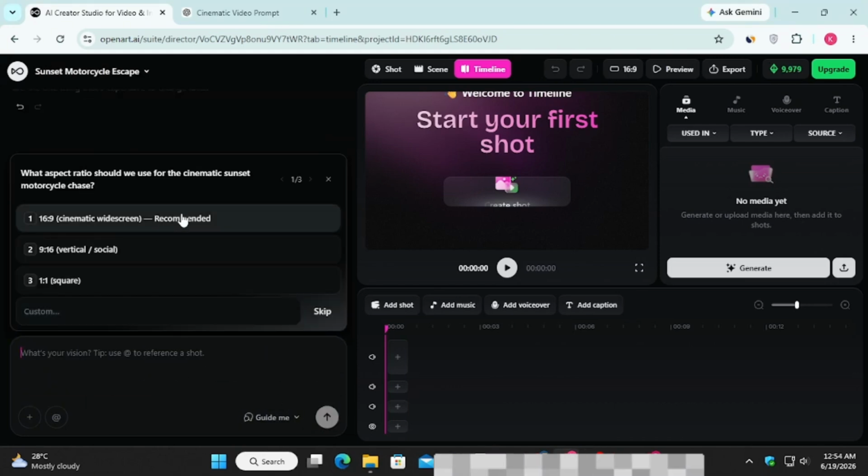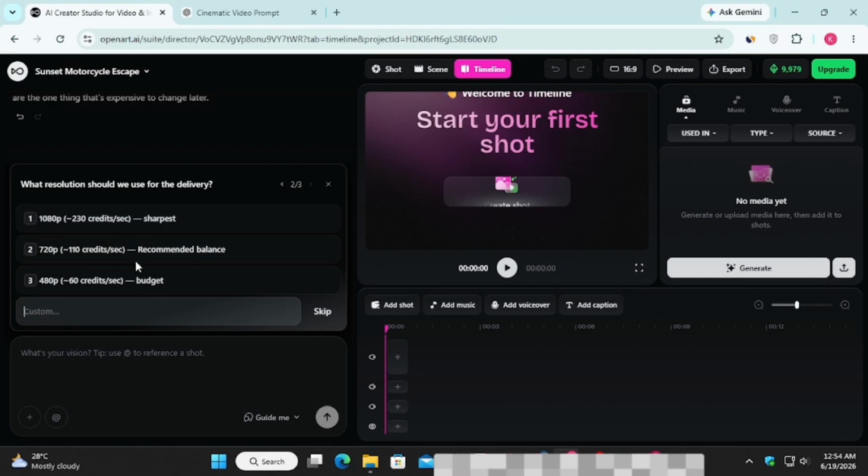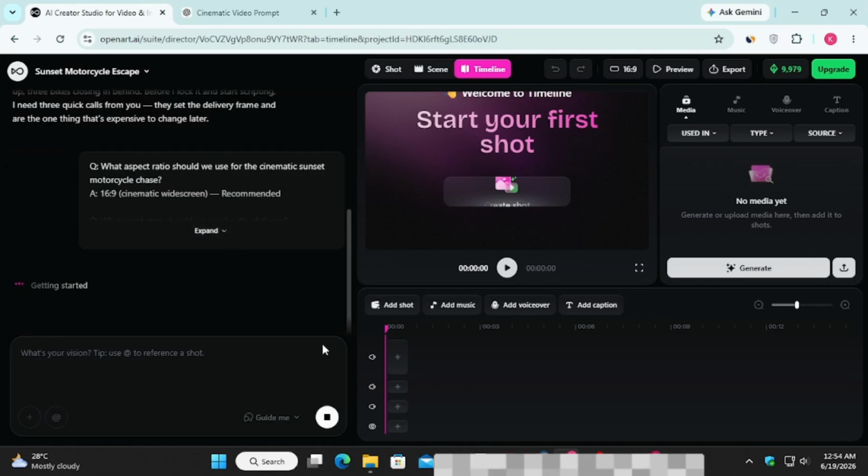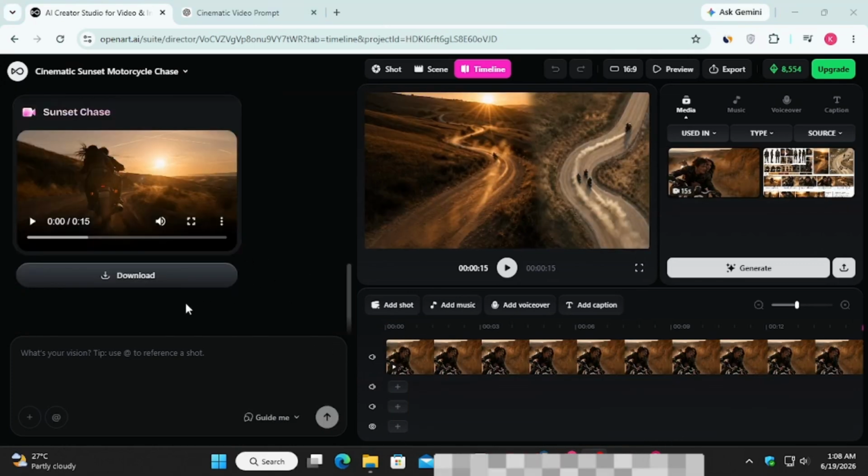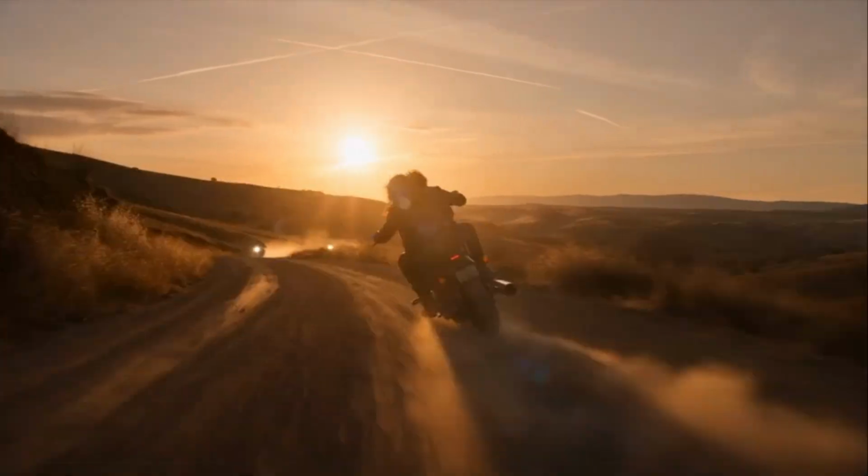Press Enter, and the AI will ask for more details about your video. The generation process may take a few minutes to complete. Once it's finished, your video will be ready. Let's check out the